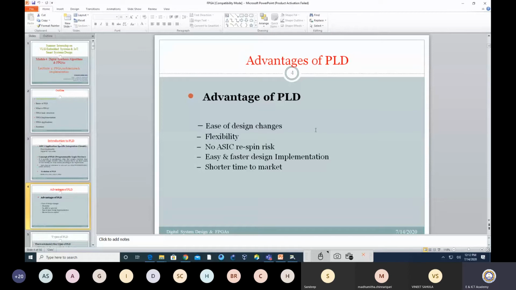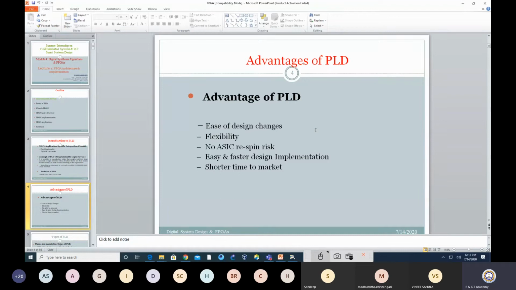In the case of a PLD, they are very flexible. If you observe any problem, then you can go back and change it. So there are less efforts as well as costs associated. In a PLD, there is no such kind of risk spin which is there in your ASIC. In a risk spin, once you get a bug at a particular moment, you need to start back again from scratch. But for a PLD, there is no such case.